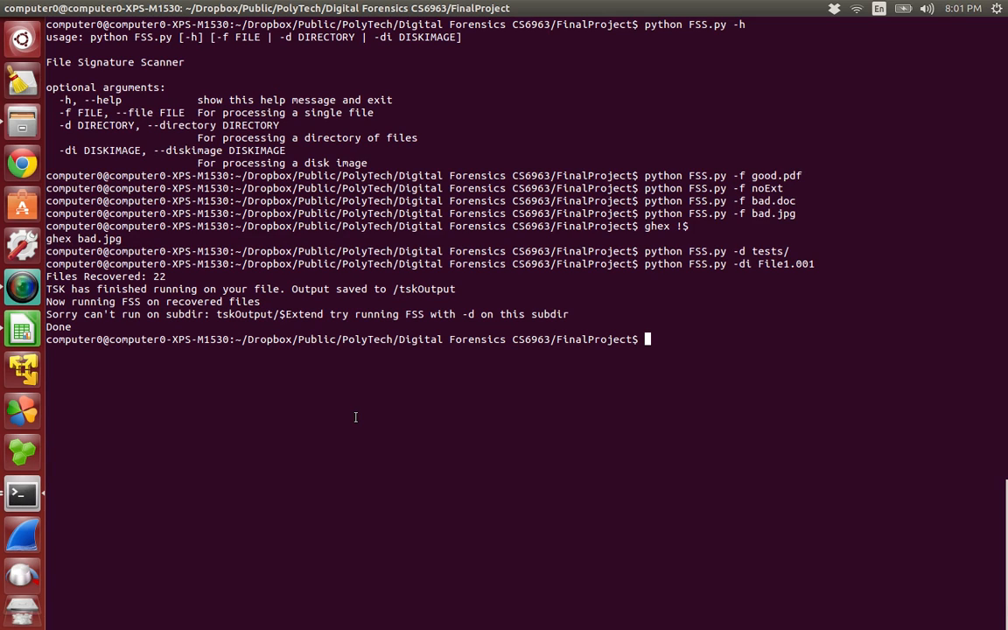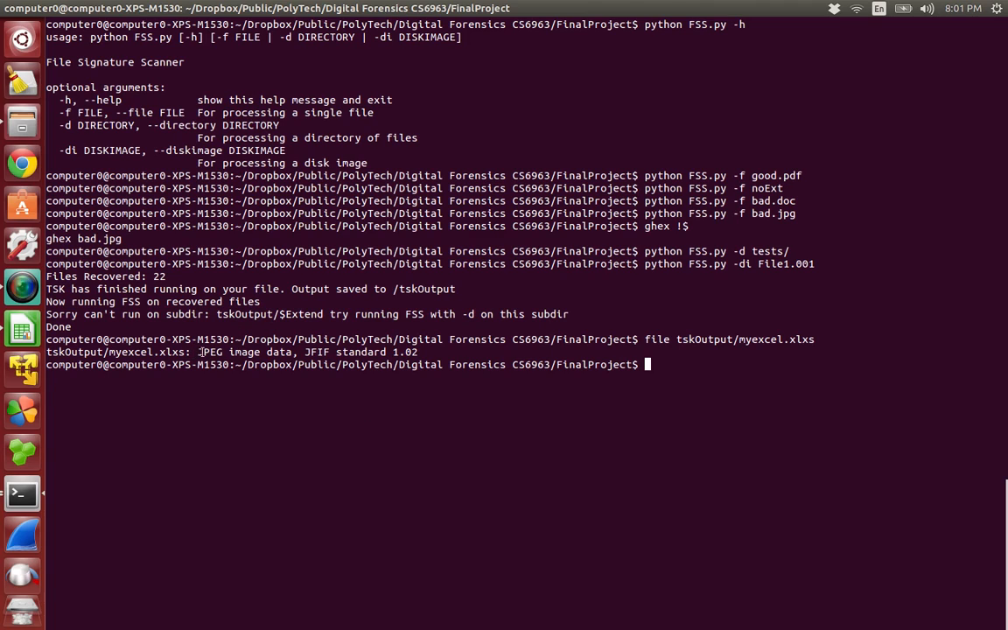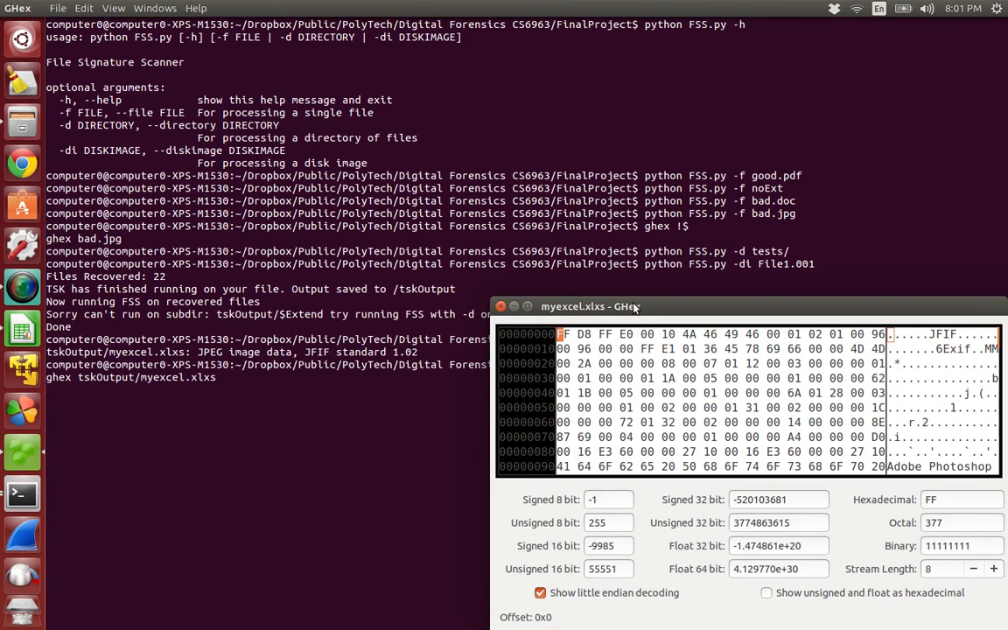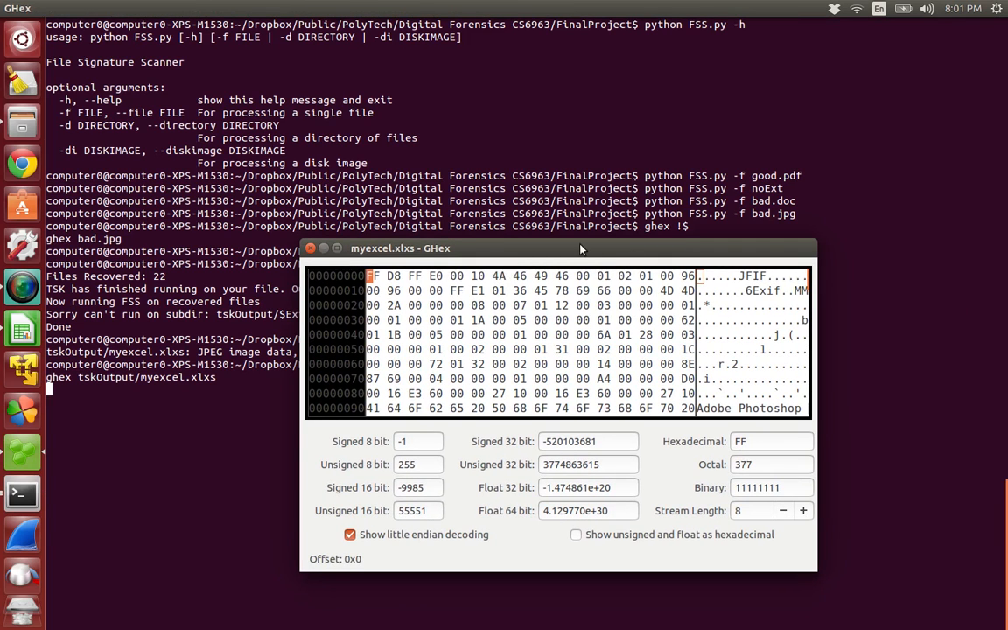Let's confirm my program's findings using the file command. And the file command has determined the same thing, that based on the file signature, this is actually JPEG image data and not an Excel file. Lastly, we can use a hex editor for further verification. And sure enough, .jfif or .jpg is